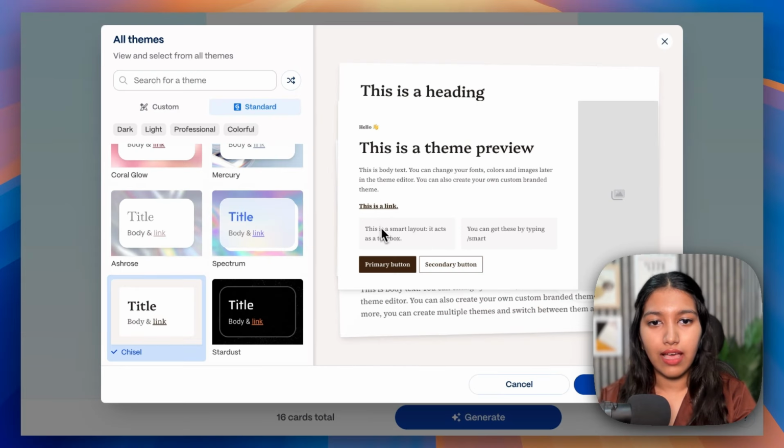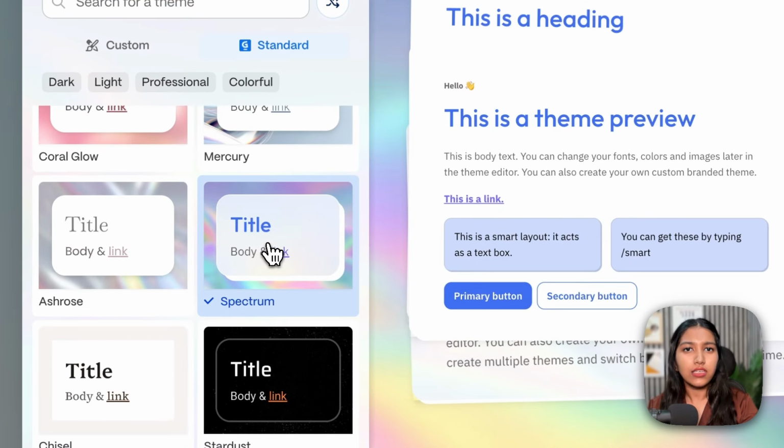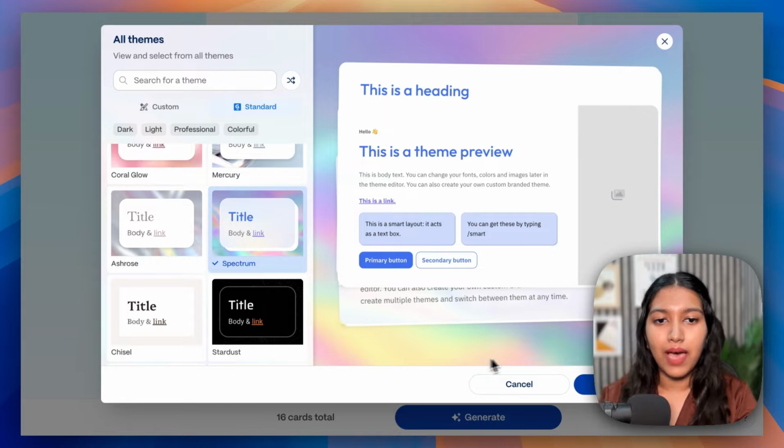And then obviously you can have a look at the primary button color and the secondary button color. The other thing is, please don't just focus on this outside background gradient, because when you're presenting your presentation in full screen, this background gradient is not visible, okay? So don't pay a lot of focus on this. Instead, pay attention to the font, the colors and the buttons.